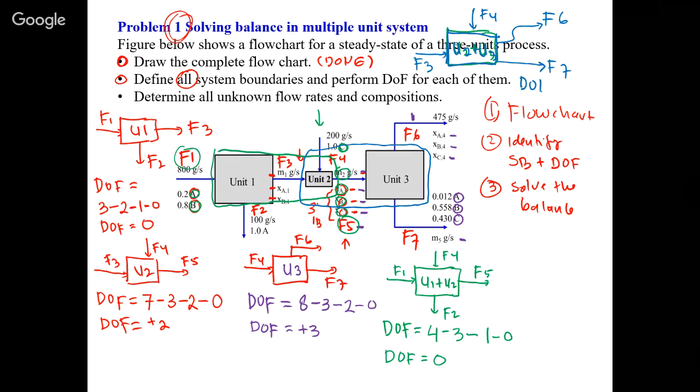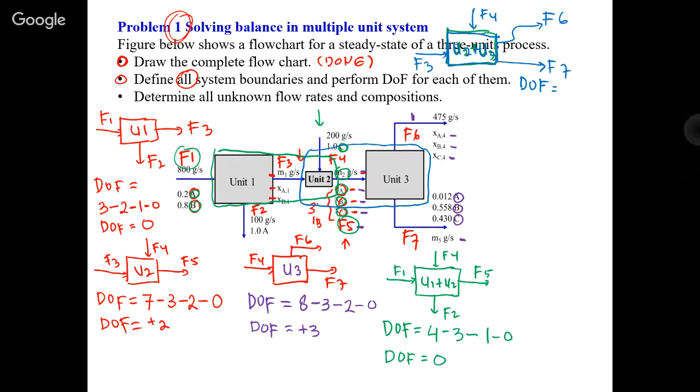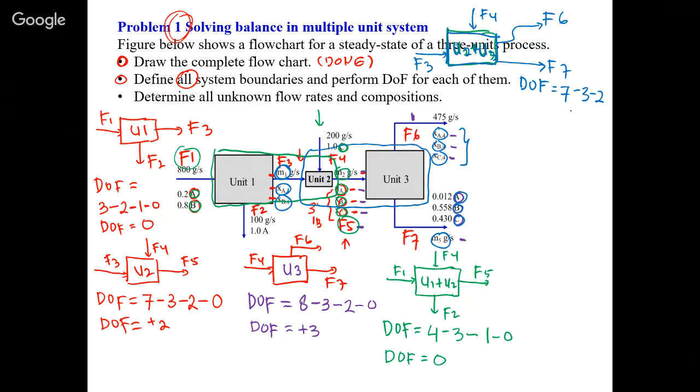Let me erase it and get some space here. So the DOF is the same. How many unknowns in the streams? We have unknown M1, XA1, X3. We have 4, 5, 6. We have 7 unknowns. So we have 7 minus independent balances, A, B, and C, so minus 3, minus the physical constraints that we have, which are stream number 6 and stream number 3. So we minus 2, minus no information. So the DOF equals